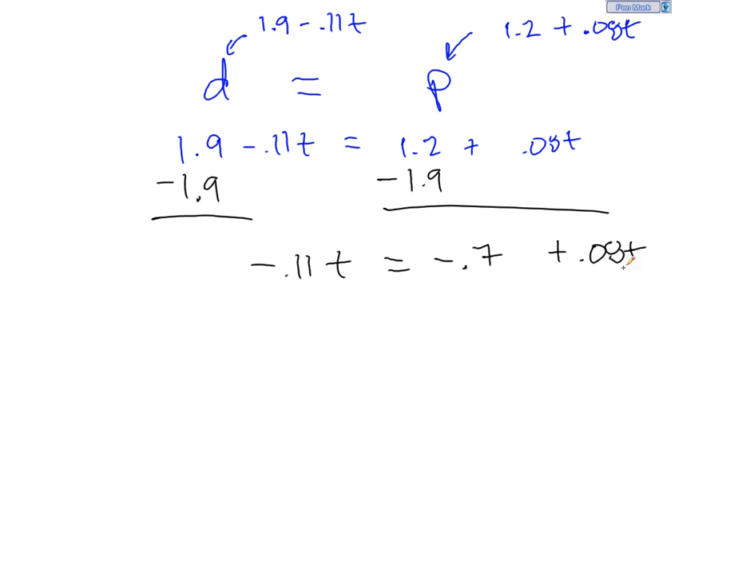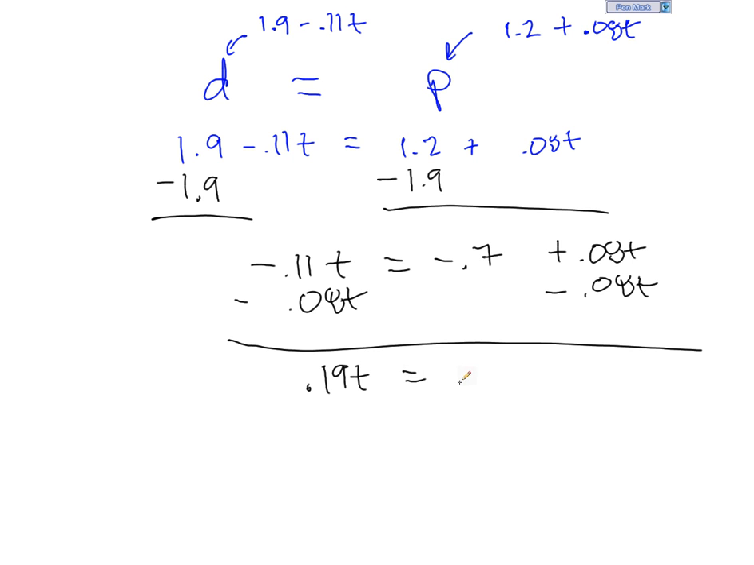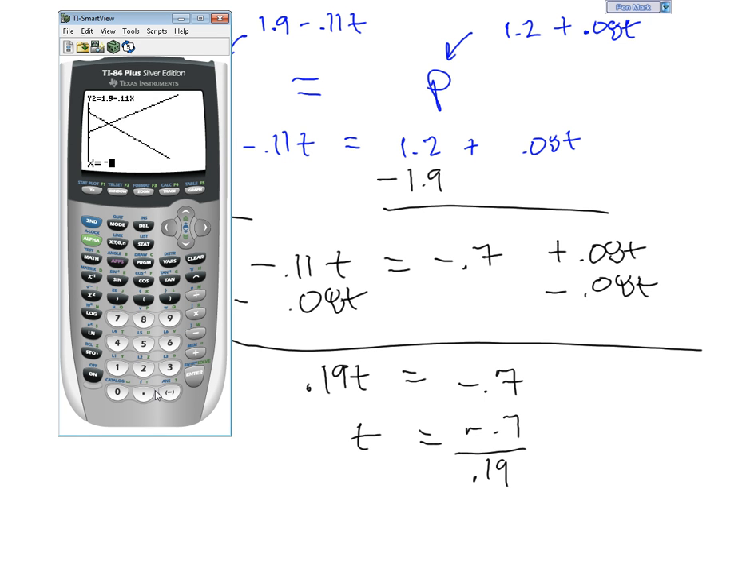Okay, well now I've got to move over the T's and get them to one side. If I just subtract 0.08 T from both sides, that will allow me to get all my T's collected, and negative 0.11 minus 0.08 is negative 0.19 T equals negative 0.7, and this zeroes out. So now I'm to the point where I can divide, because now I know that negative 0.19 times something equals negative 0.7. So that means negative 0.7 divided by negative 0.19 should tell me what that other factor is. So I do negative 0.7 divided by negative 0.19, and hopefully, boom, it gives me the